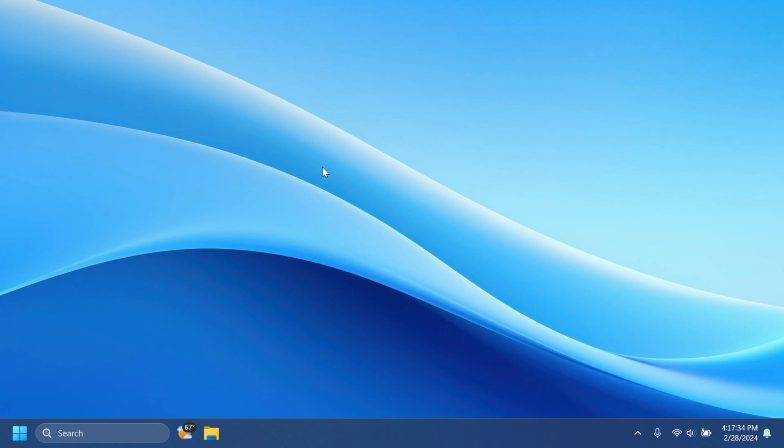In this video we're going to talk about a better file explorer for Windows 11 in 2024. Well, we've talked about the file explorer from Windows 11 in a lot of videos. I showed you how to enable certain hidden features and other features related to the file explorer, but of course Microsoft is still working on the file explorer, and depending on the version of Windows 11 that you're using, you may still encounter bugs with the file explorer. It is still a little bit slow here and there. So if you're tired of the default file explorer from Windows 11, I'm going to show you a better alternative,